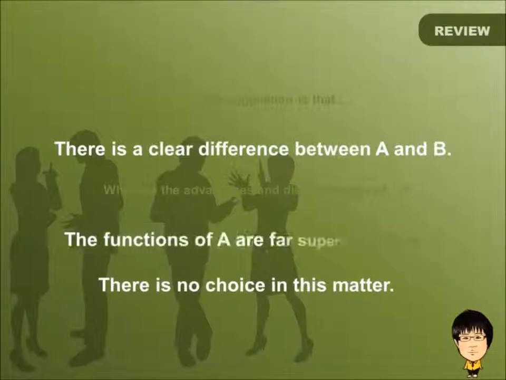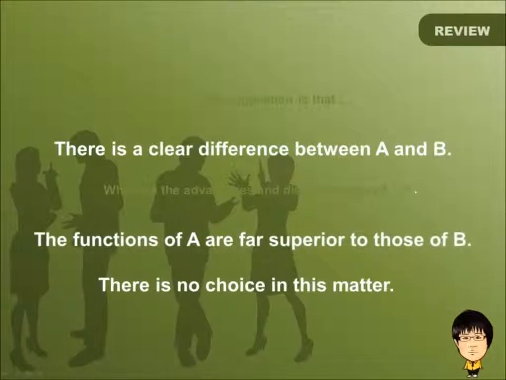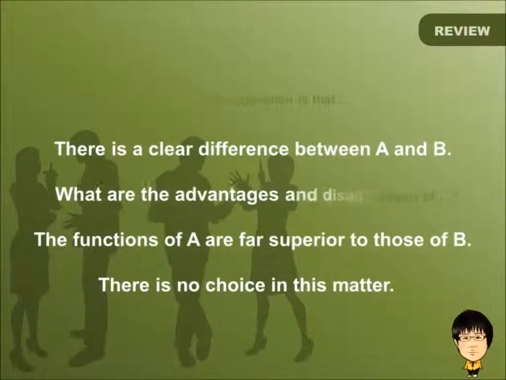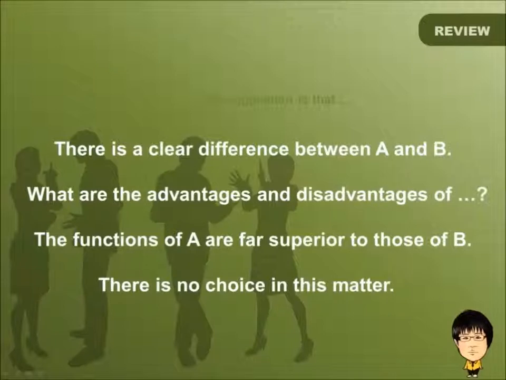The functions of A are far superior to those of B. 자, 장단점은 무엇이겠습니까? What are the advantages and disadvantages of? 자, 제가 제안하고 싶은 것은 바로 이것입니다. My suggestion is that